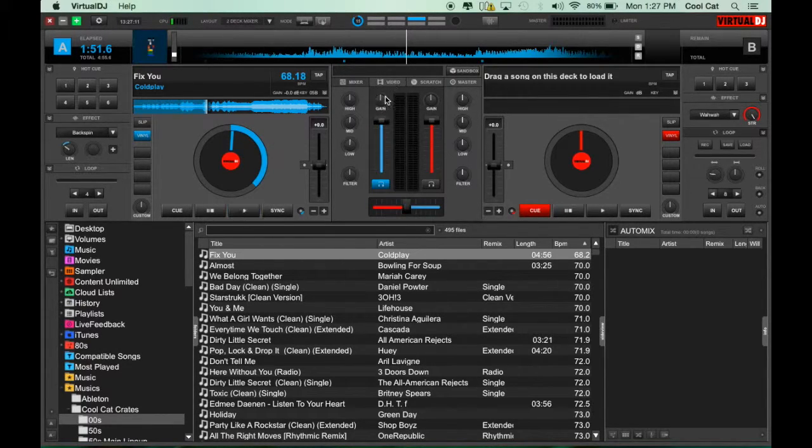We talked about those in our last video. We have our crossfader, and we have our PFLs, which I did not talk about. So a PFL is known as a pre-fade listen. It allows you to listen to the song before you're actually playing the song out through your speakers. So if it's clicked onto the blue, then that means you're able to hear Fix You before it's actually coming